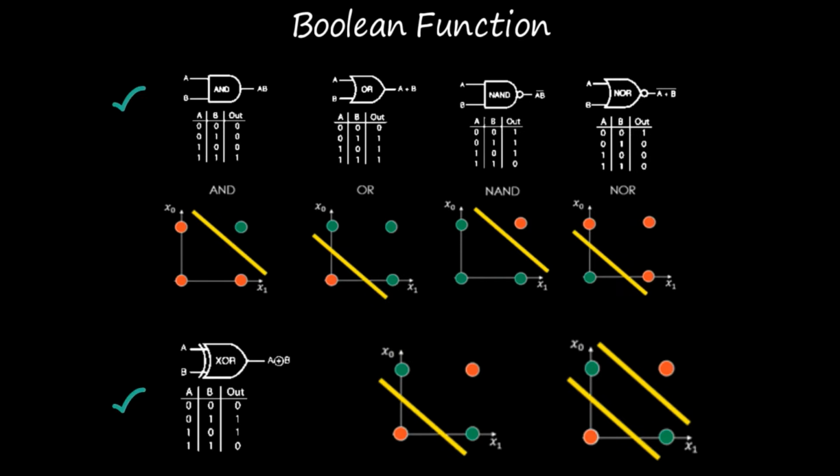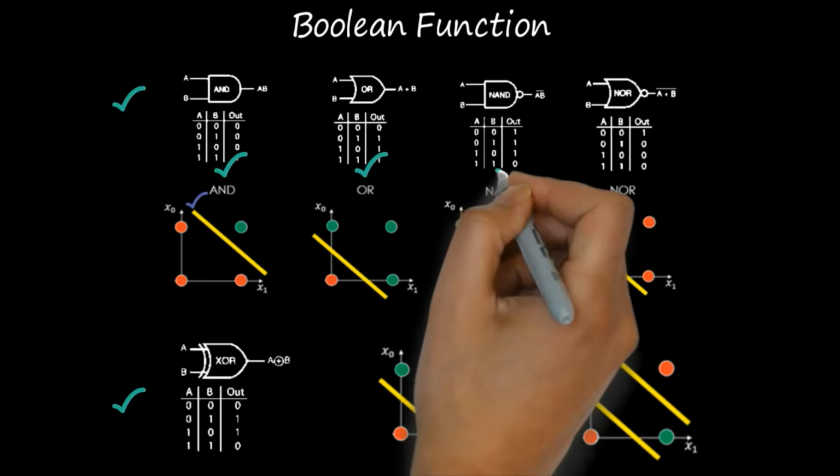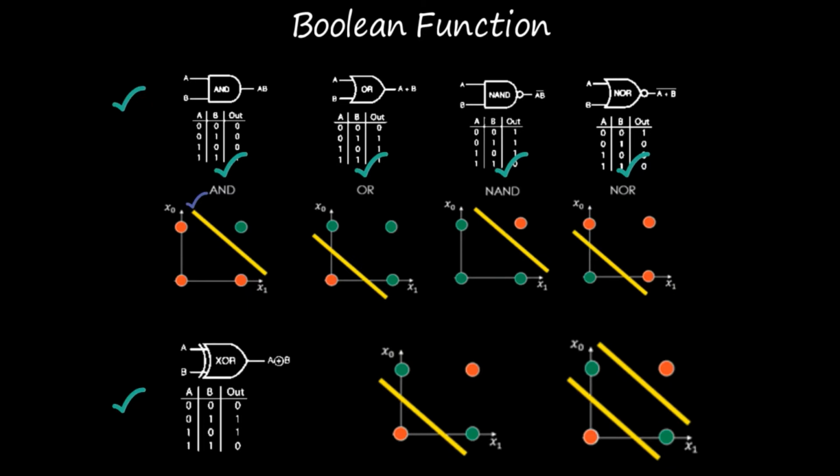Now consider an AND gate, where you can find that whatever we are getting is linearly separable between the two classes, green and red. Note that this yellow line is a decision boundary that can separate these two classes beautifully. And hopefully this neural network will be able to find such boundaries. The same thing is applicable for the OR gate, NAND gate and NOR gate. Whatever classes and values we have, they are linearly separable with a decision boundary.